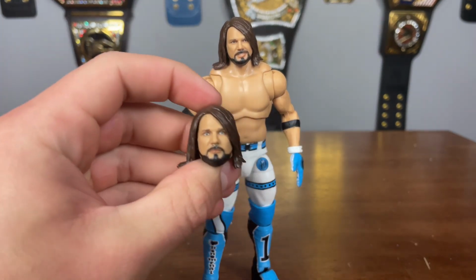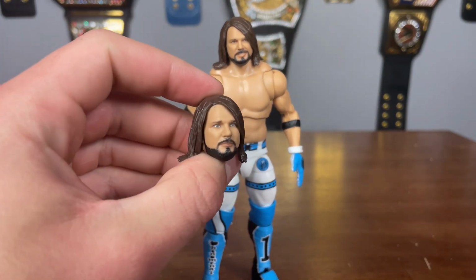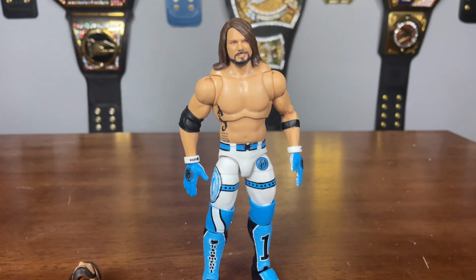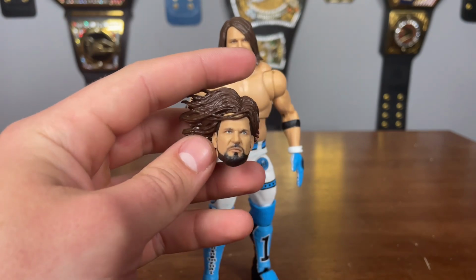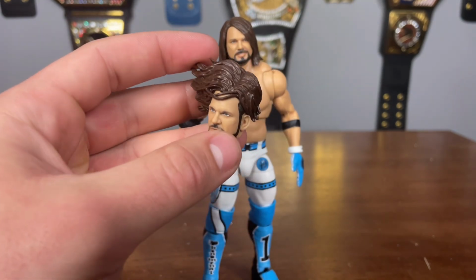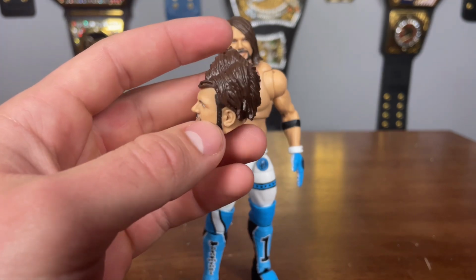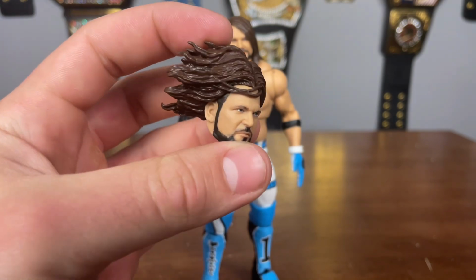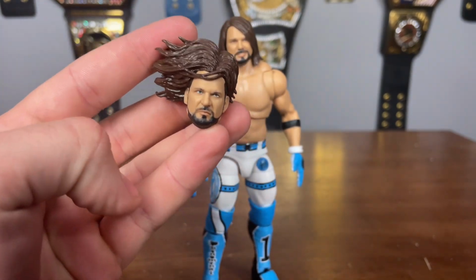We get a more determined, focused AJ Styles right there. Really cool. And then we got the one I think everybody's looking forward to the most. We got the phenomenal forearm AJ Styles hair. Looking awesome, just flowing in the air. I think it looks sick. I think people are going to get a lot of cool action shots with this head